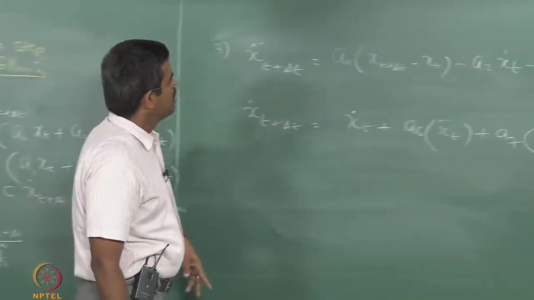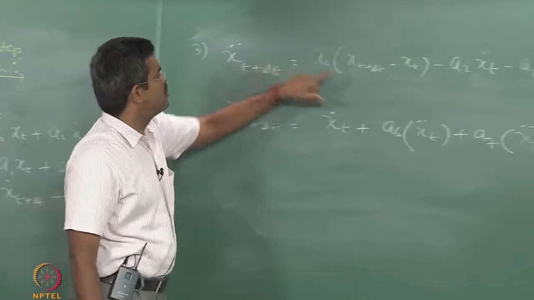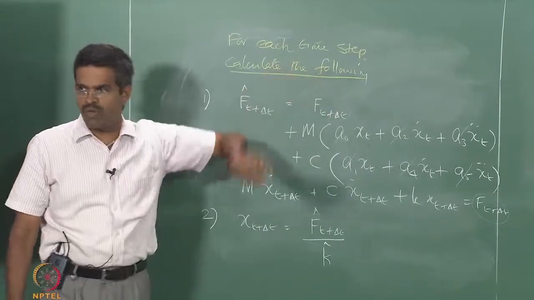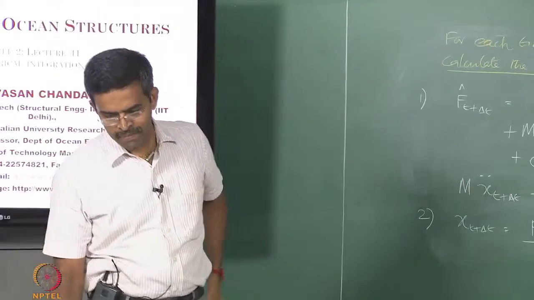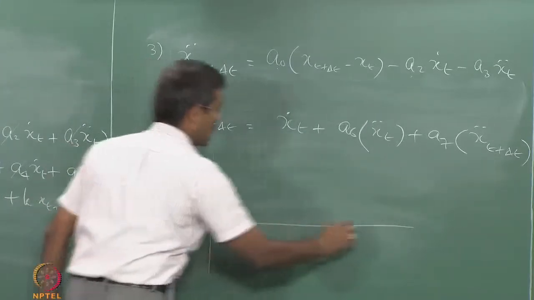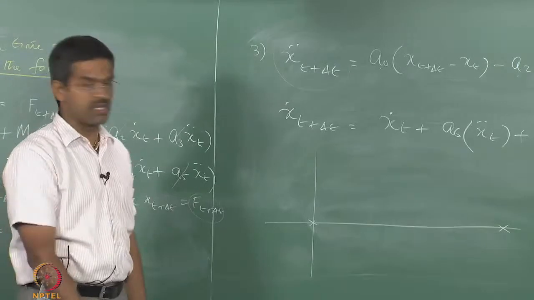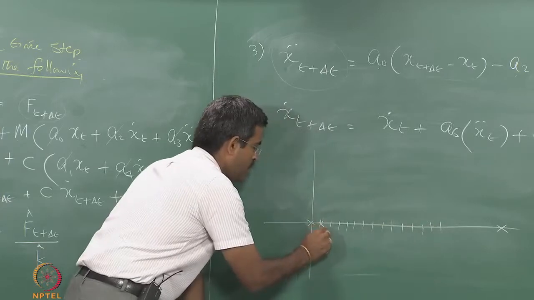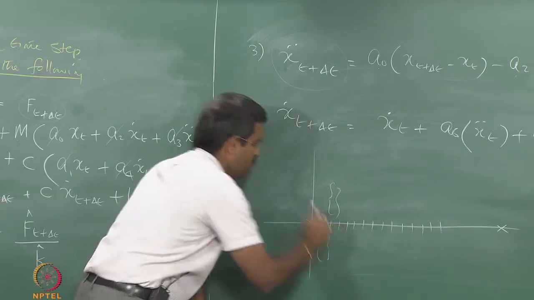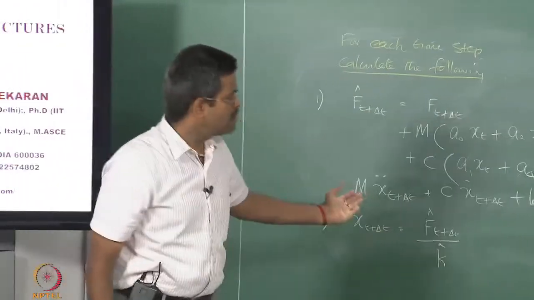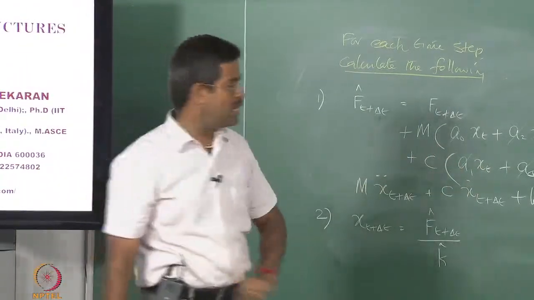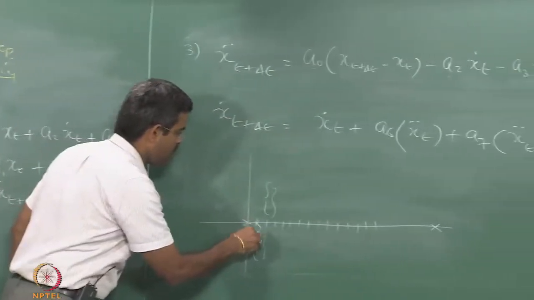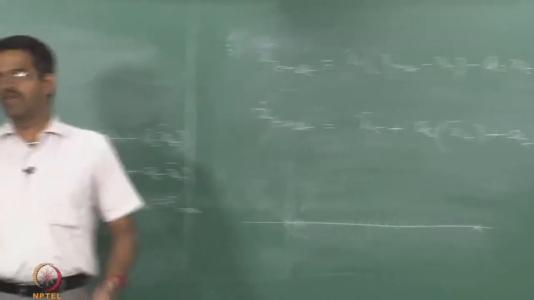Now, to compute the acceleration in the new time step, you must know the displacement in the new time step. So, you calculate the displacement first, then go to acceleration, then go to velocity, that is the scheme. So, in a given time starting from 0 to any value you want, maybe 10 seconds, 15 seconds, 100 seconds, whatever you want, divide it into an equal number of delta t's. At every delta t, get a vector which is displacement, velocity and acceleration, which will give you more or less a continuous solution, but however the behavior between this displacement and this displacement at this interval is arbitrary.